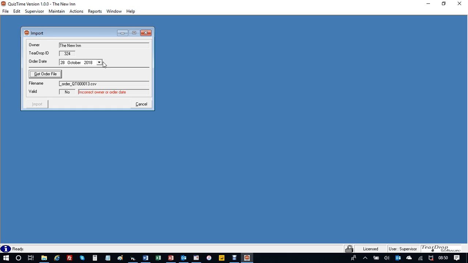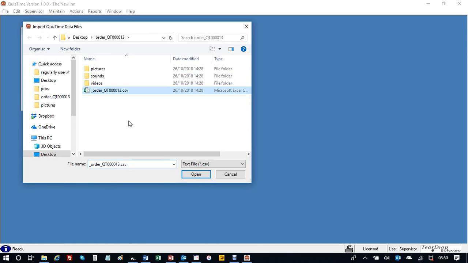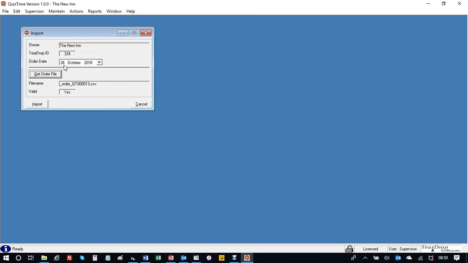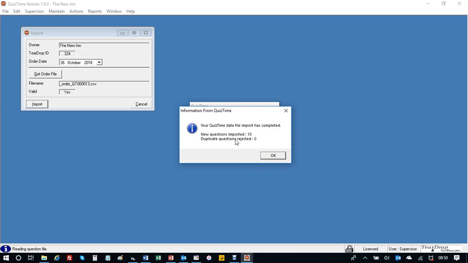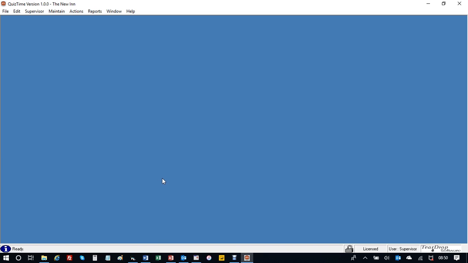So what you have to do is match the date, and you see if you put the correct date in, which will be provided by Teardrop Software, then the validation checks pass. What you can now do is simply click the import button and you'll be invited to import those questions into your database. So here we go. It's quite happy. It's telling me 10 questions have been imported and no duplicates have been rejected, which is good news. So now if we return to our question bank,